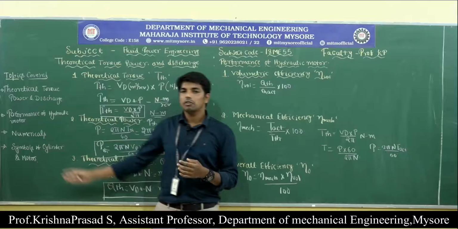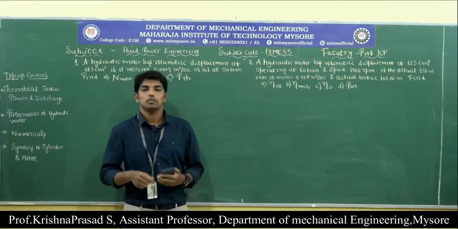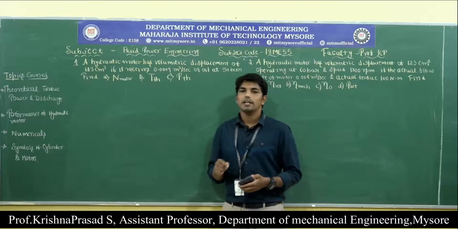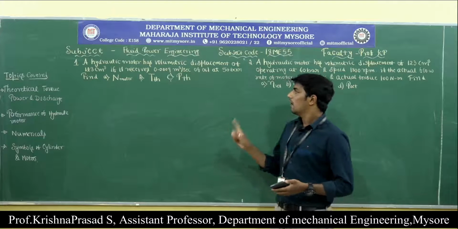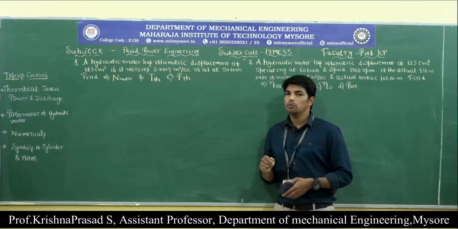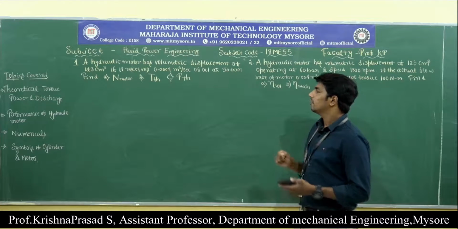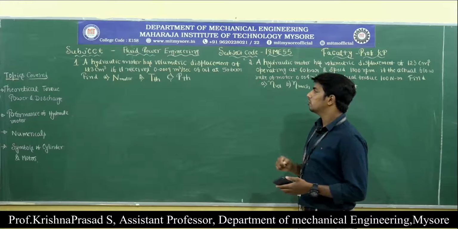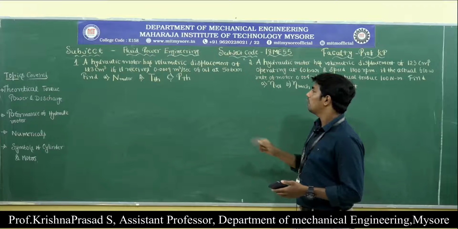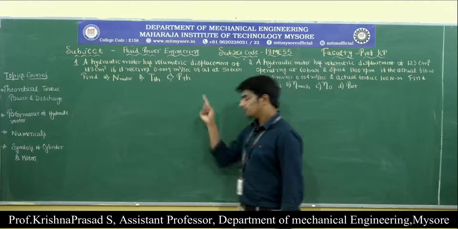So next we are moving on to the numericals on hydraulic motor. The very first problem in case of the hydraulic motor is as follows. A hydraulic motor has a volumetric displacement of 123 centimeter cube. So first we need to convert it to meter cube per revolution. Then if it receives 0.0009 meter cube per second of discharge of oil at 50 bar,